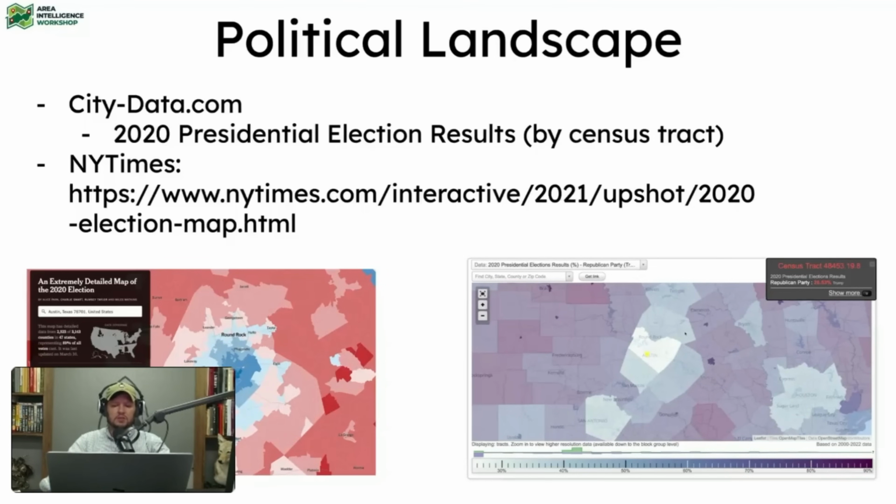But if you scroll down to the map, you can zoom in on your area, and this is the 2020 presidential election results. And you can see how white Austin is. So, you know, these areas are like 25% Trump. And you go out into the country, it's a little bit better.